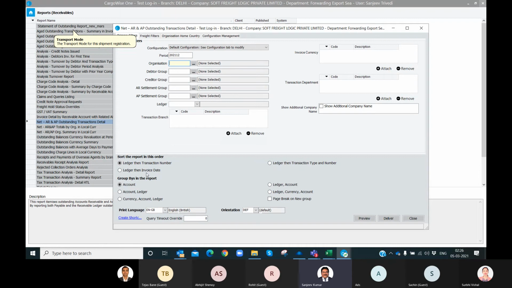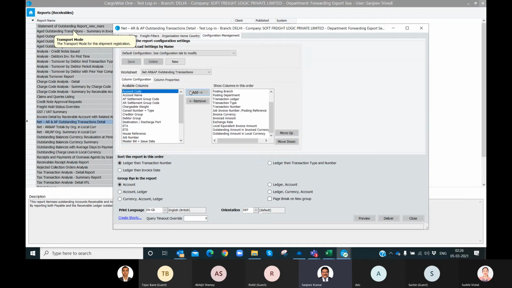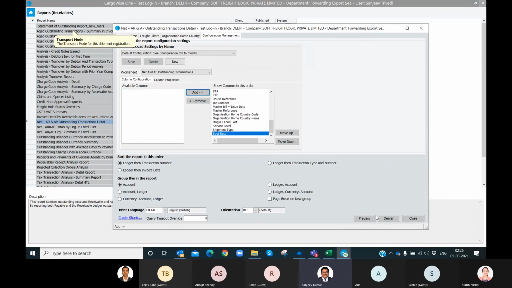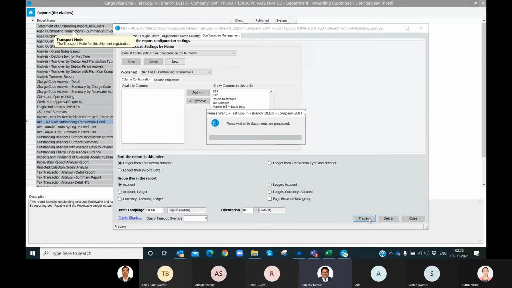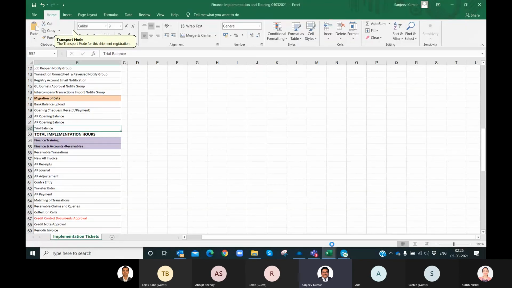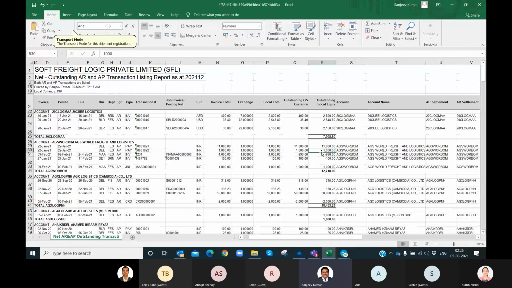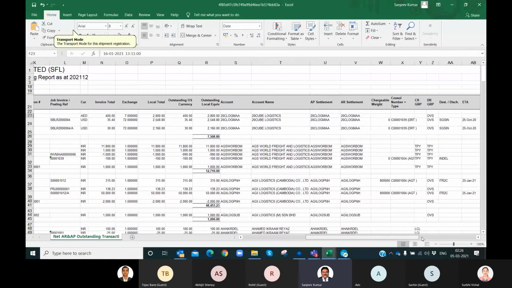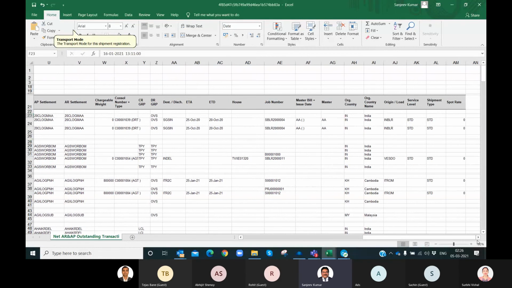Suppose I put the period and go to configuration management, bring all those towards the right so that they appear in the report. Preview, open in Excel, and you can see here the account, job number, MBL issue date, master number.